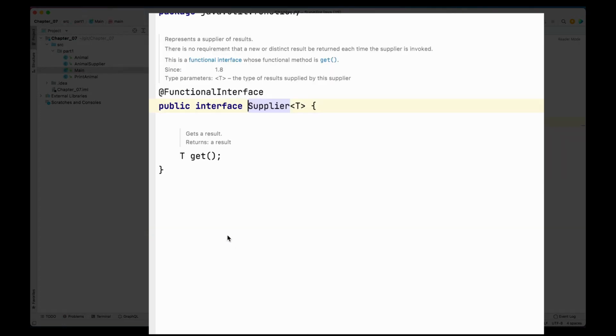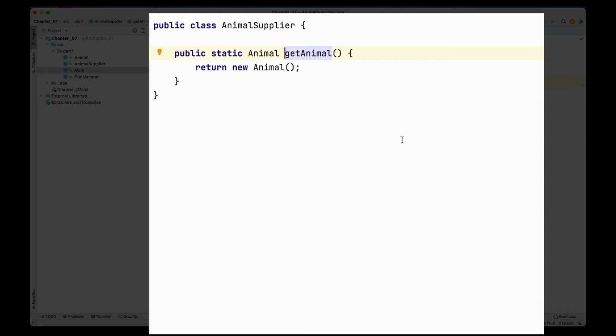Now, if you notice the Supplier's construct, it has a method that does not take anything but returns something back, which is true in our case. So getAnimal doesn't take anything, but it returns an Animal. That is why getAnimal can be used as a method reference to define a Supplier.